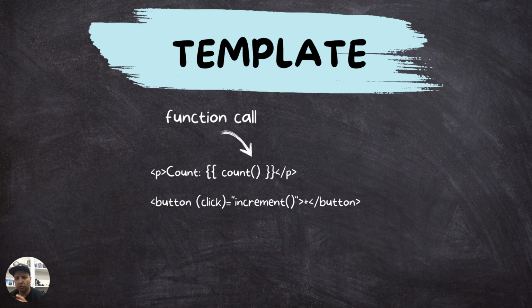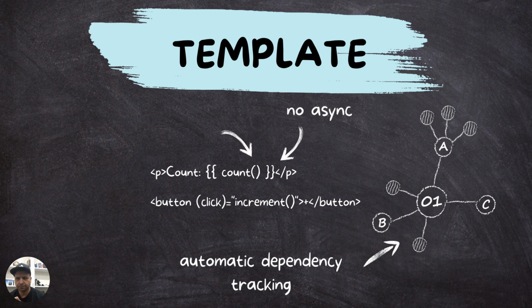So if count ever changes, Angular knows exactly which part of the DOM to update. It does not need to run change detection across the whole component tree. That read of the function is where Angular stores the DOM, and it knows how to update it and where exactly to update it. So you can think of it like automatic dependency tracking. Angular's reactivity is built into the template,